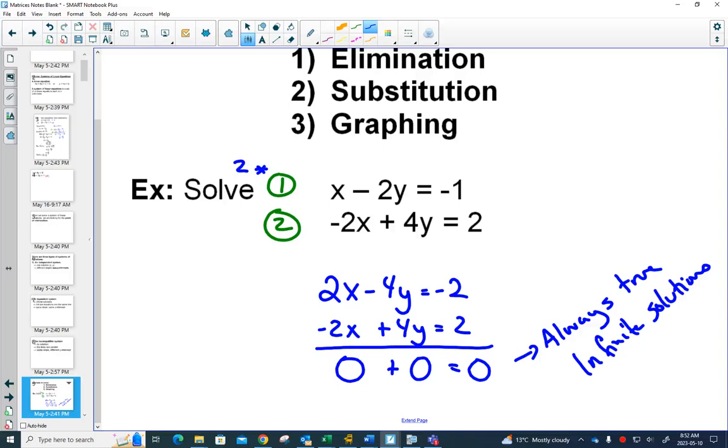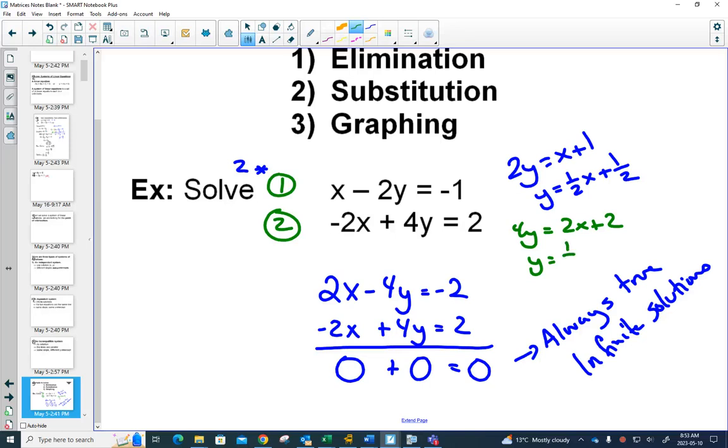These are the same line, right? If you wanted to rearrange these into y equals mx plus b, you would really see that. If I wanted to get y by itself here, I could move the 2y to one side and the 1 to the other. You get 2y equals x plus 1. Divide everything by 2, and you would get 1/2 x plus 1/2. And in the second one, if I have the 4y by itself, I'd move the 2x over, 2x plus 2. Divide everything by 4, I get 2 over 4, which reduces to 1/2, plus 2 over 4, which reduces to